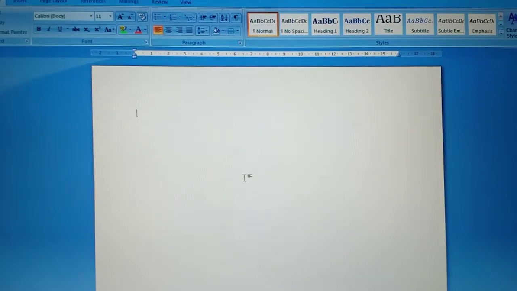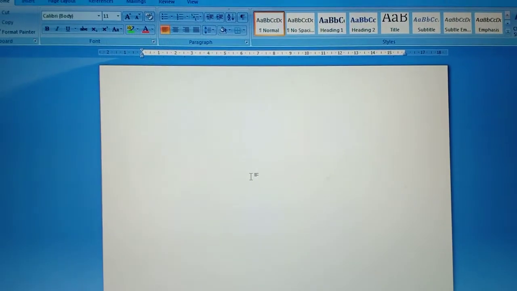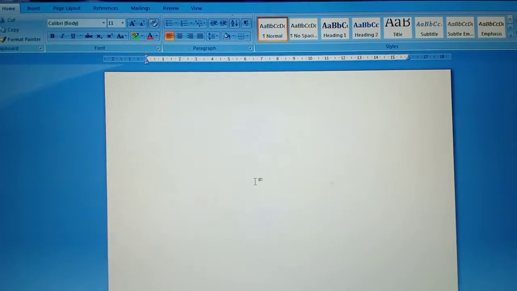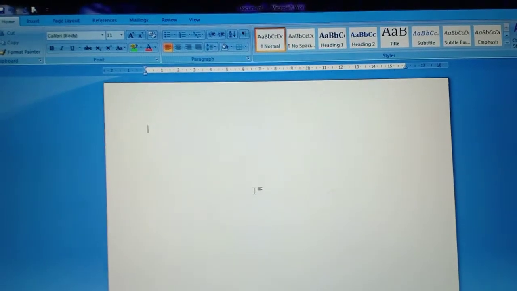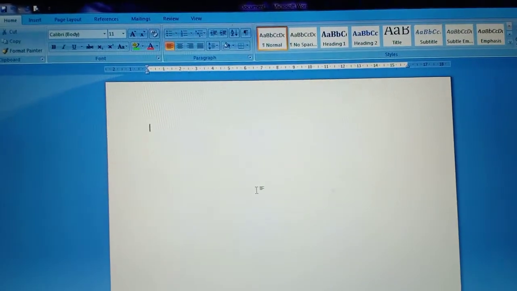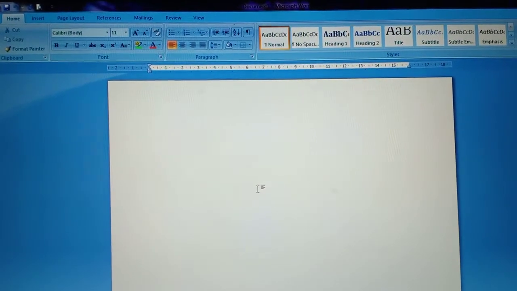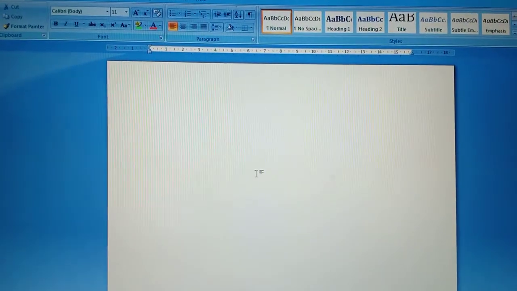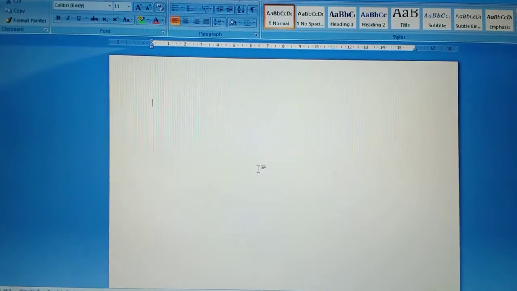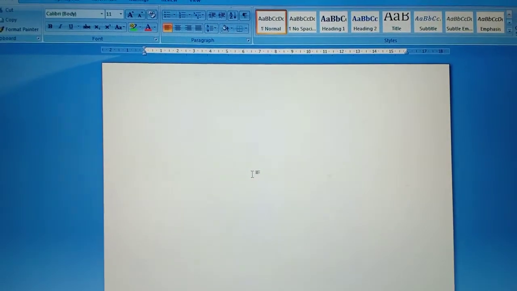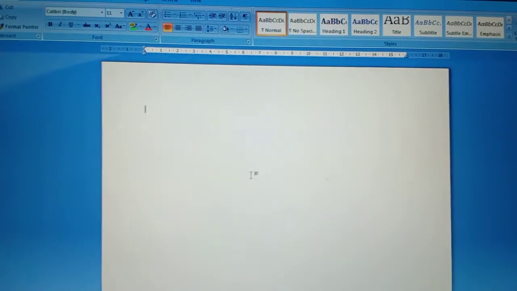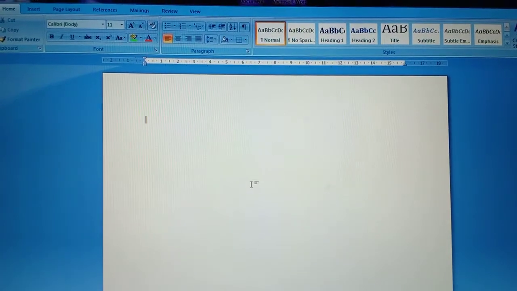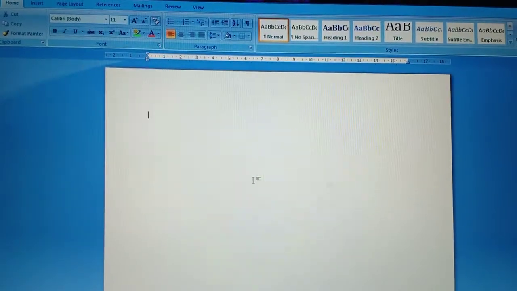So what is word processor? Means a word processor is the application software or application platform in which we can process the words. Process the words means we can type the words, we can edit that one, we can create the document, we can save that one, we can copy, paste and delete the document or the words, and we can make a printout hard copy of that document also. So for all this word processing, a word processor is used, and Microsoft Windows Word, that is MS Word, is the most popularly used word processor.